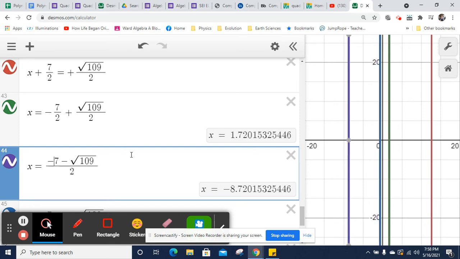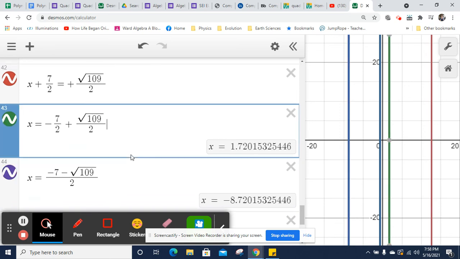That negative could be in front of the whole fraction or not. The other version, we'll put the 7 here and it's plus. And put the negative there and get rid of that. So that is my answer. I've got negative 7 plus square root of 109 over 2 and negative 7 minus the square root of 109 over 2. And those are exact answers. You do not need to do anything with decimals. You are good at this point. All right, I think that's a good place to stop for this video. And then I'll come back and deal with the ones with